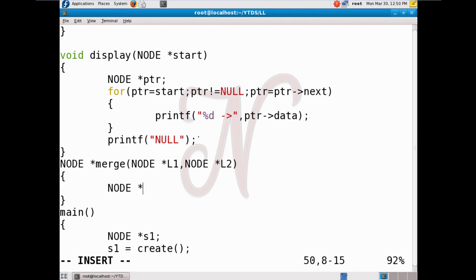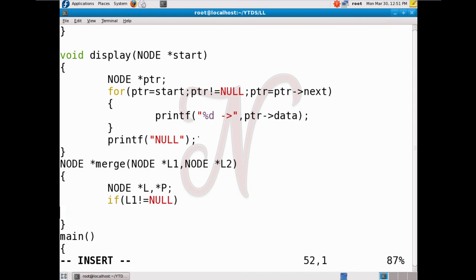We declare L and P. So first we check the if condition. If L1 is not equal to null, then return L2. Same here, if L2 is not equal to null, then return L1.